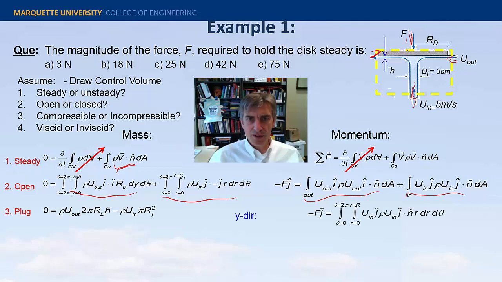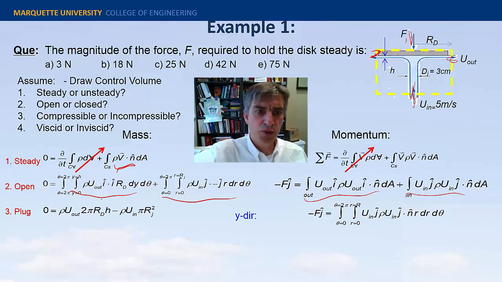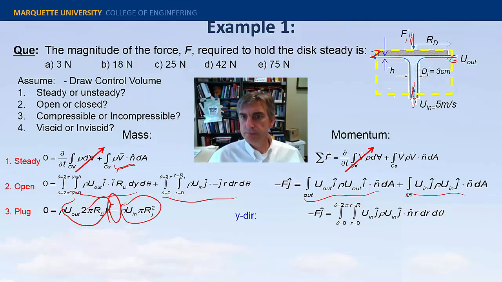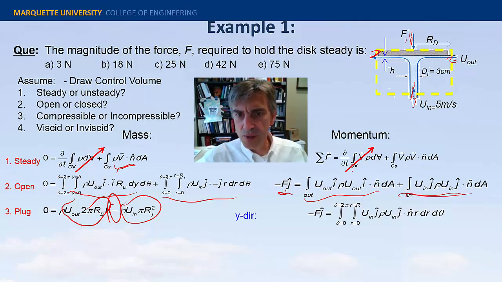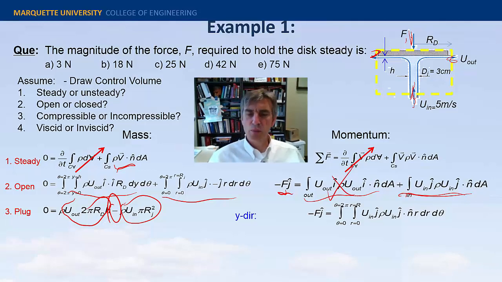If I assume plug flow or inviscid flow, then I can replace the integrals with just the algebraic form, and it's at that point that I change the sign of my n terms. Here, for the conservation of momentum, I'm just taking the y direction, so that's just the j components, this j and this j. So we're ignoring the x momentum, so I get the y direction of momentum is just minus this j, plus this integral term, which I haven't simplified yet with regard to